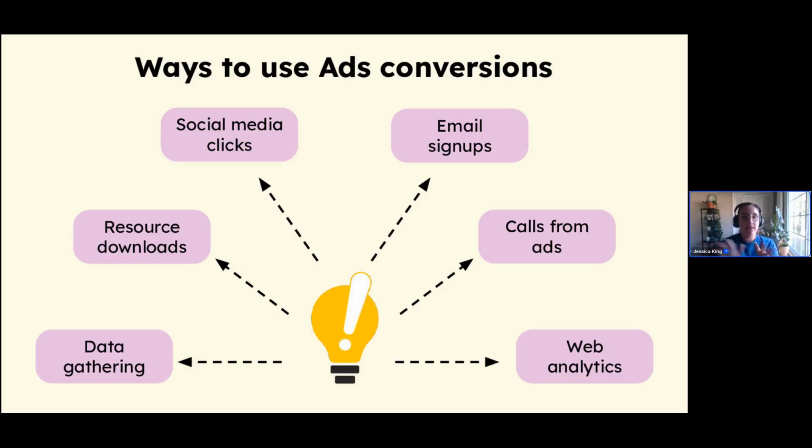I want to talk about the ways that it fits into a lot of other marketing, because I think it's really tempting anytime we're learning about a really exciting new marketing channel to say, we'll just go really heavy on this one and we'll ignore all the other ones, and this will be our one true channel. And I think that is a bit of a mistake. But you can use ads to layer on to a lot of things you may already be doing. So in the fundraising realm, I have met grant professionals, actual grant, not Google Ad Grant, who will use ad grant data to help them gather information about how many people are interested in their programs, and they'll then turn around and use that to get funding from foundations and stuff like that.